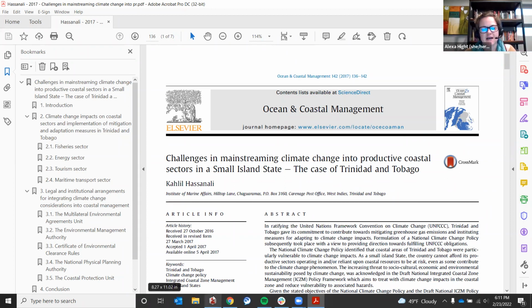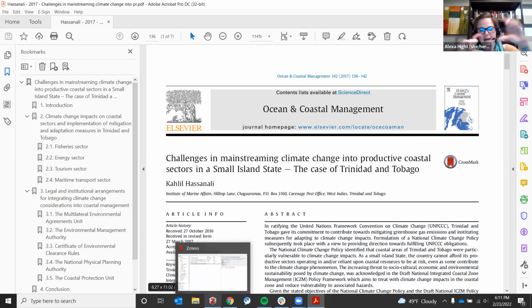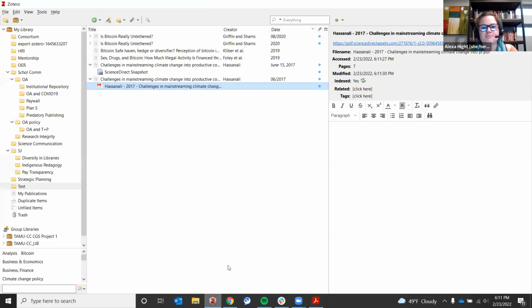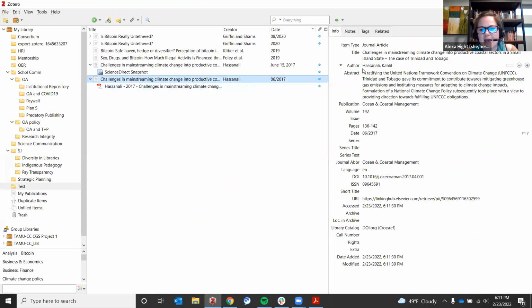But what does save me time is once I figure out which tab to open in order to save it. Now I have not only the PDF saved, but I have all of the information that I need to cite it and to keep track of it, right? I have the title, the author, the abstract, the publication, volume, pages, date, the DOI, URL, when I accessed it, because sometimes that helps. Like last Tuesday, I found the article. What article was that? So that can be helpful as well. So that's one way of saving it to Zotero.